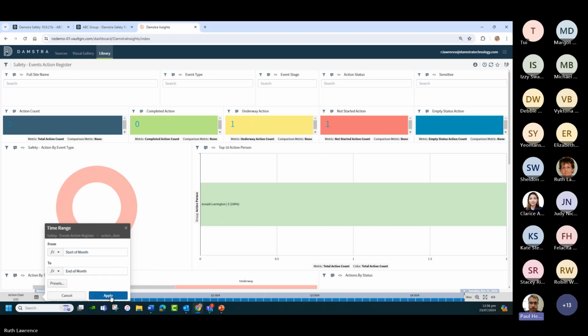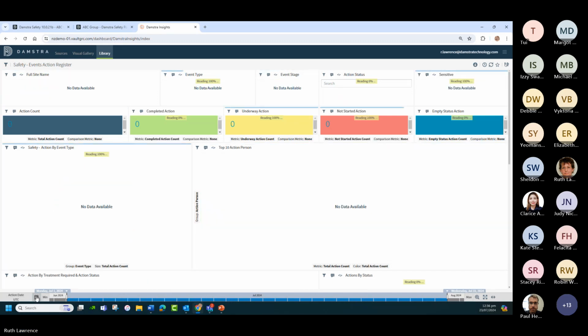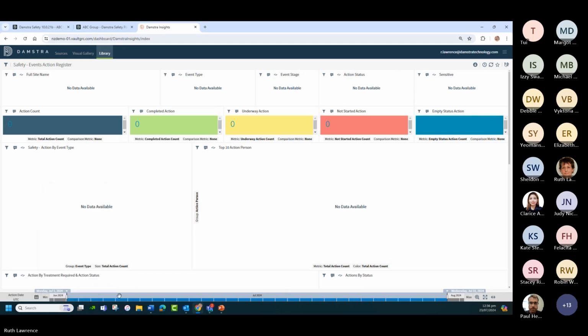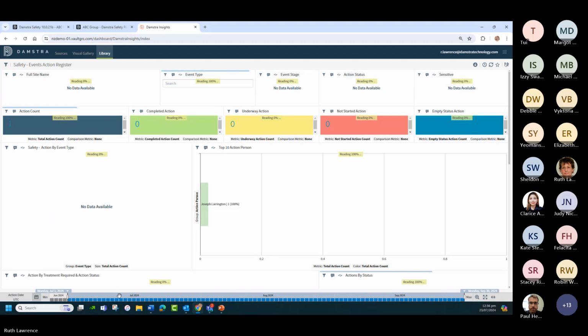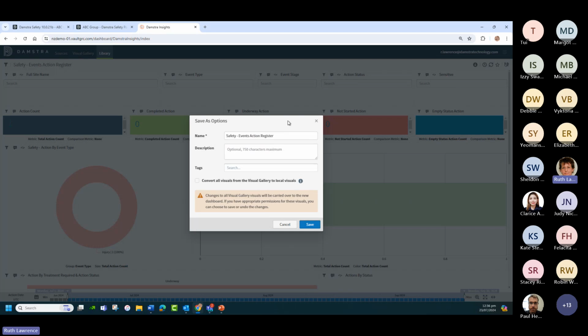Yeah, that's right. I might not have anything here. Imagine if it was current month. So here's our current quarter, July the 1st through to September the 30th. And if I saved that as Events Action Register current quarter,